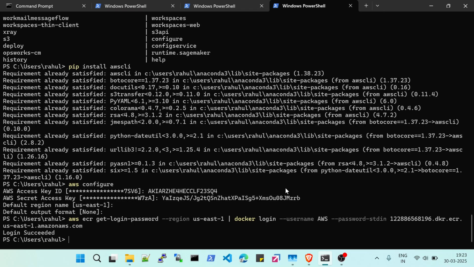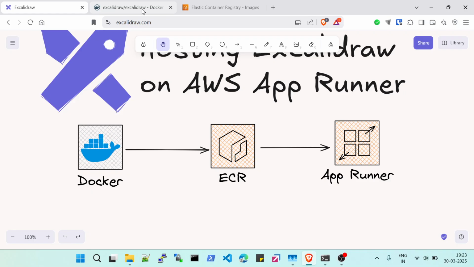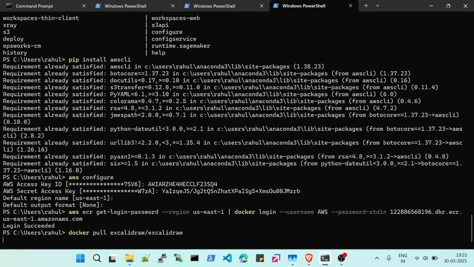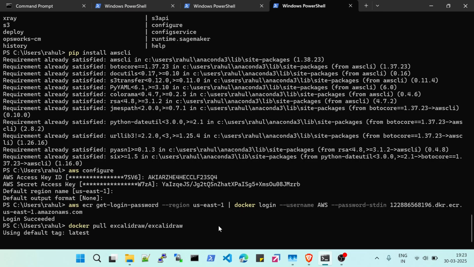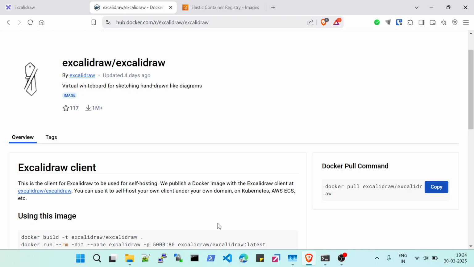Okay, the login has been successful, and then next we have to build our Docker image. Since the command is already available here, we would be copy pasting this and pulling this image. Yes, and then next